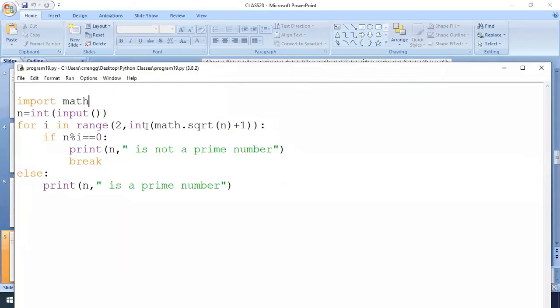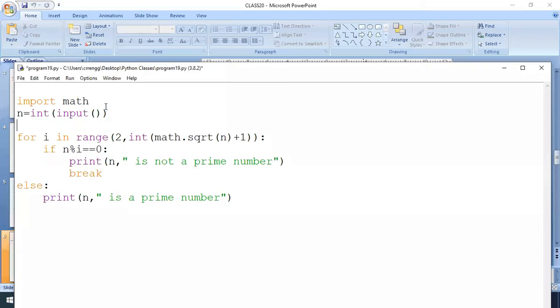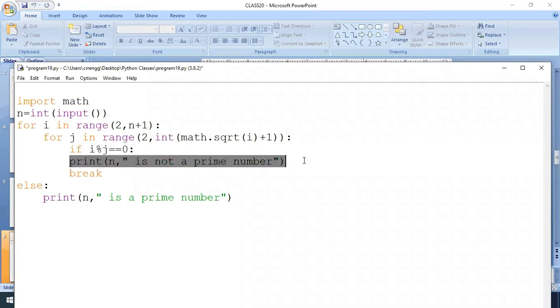To change the program here, we are going to write another for loop. For I in range of 2 comma n plus 1. Here we are taking another value, for j in range of 2 comma I. Instead of n, here I am taking I. And every time I am checking that I percentage j equals to 0, then you are going to break the loop.